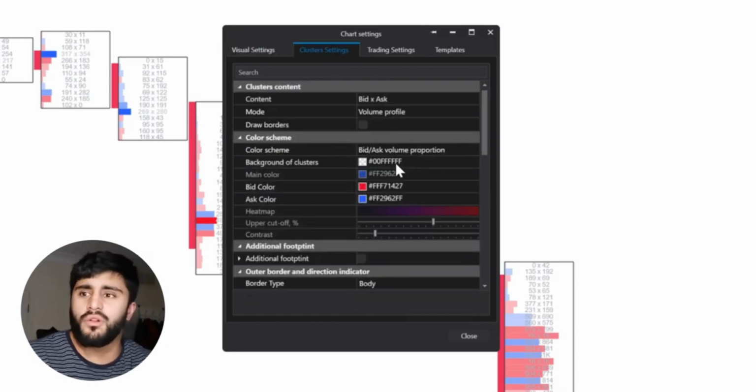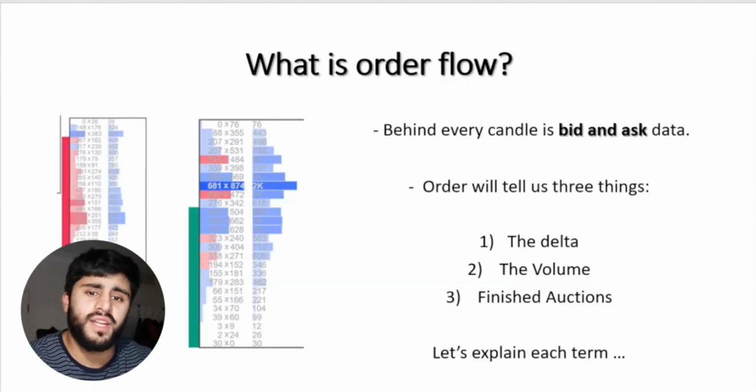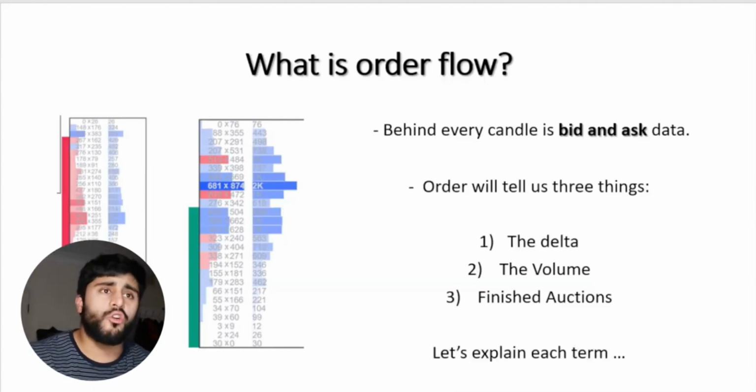Now we go over to the cluster settings, which is essentially the bread and butter of order flow, right? Order flow gives us the bid and ask data. That's what we learned last lesson, right? Last lesson we learned that every candle has bid and ask data, right? The bid represents a